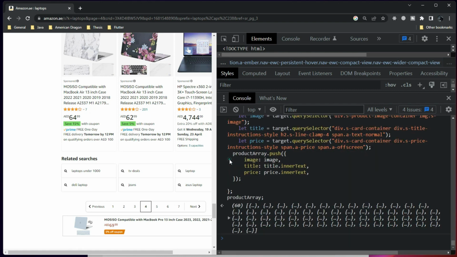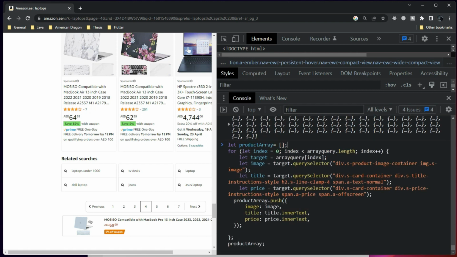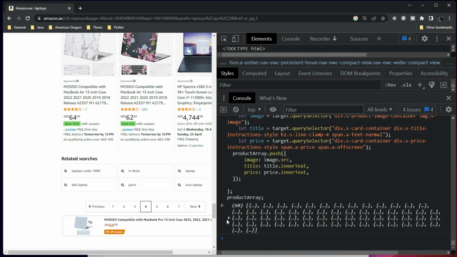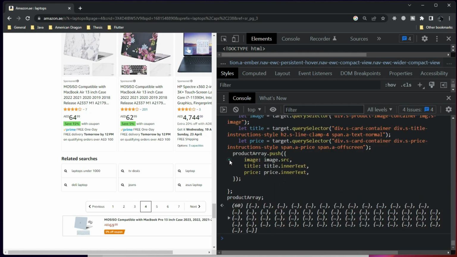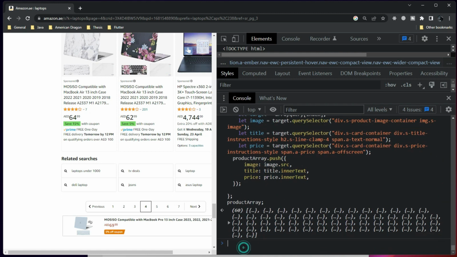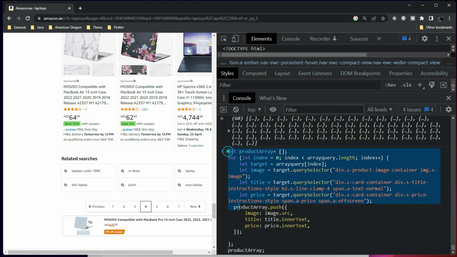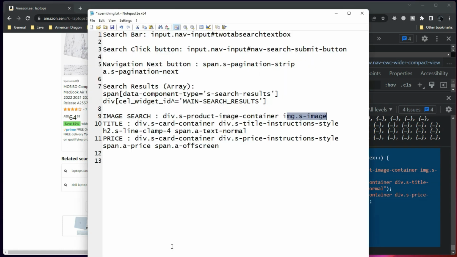Of course, it's an src. Image.src. Perfect. Now if you do this, you will receive the image here, the price here, the title here. So at the end of the day, this is the script that you need to run inside